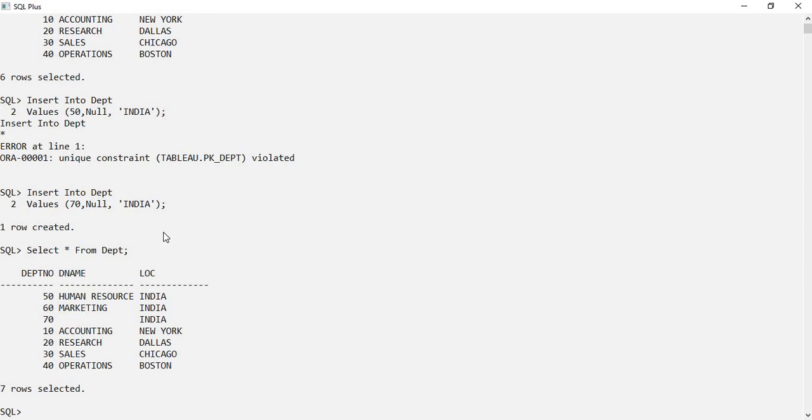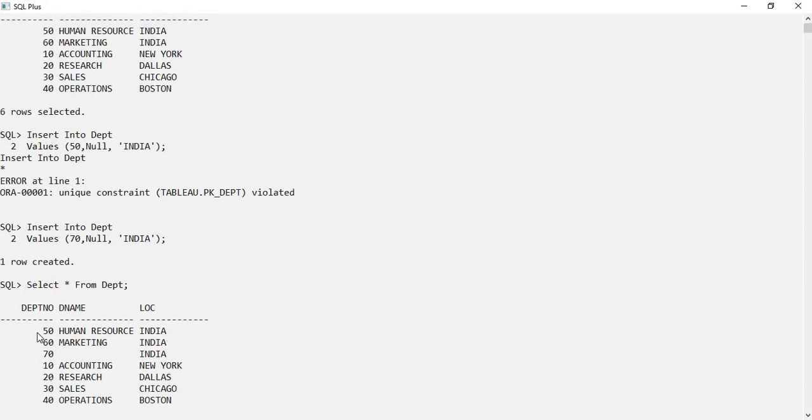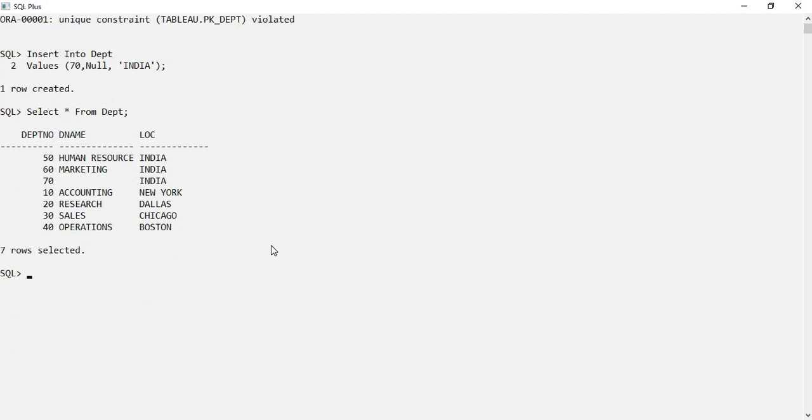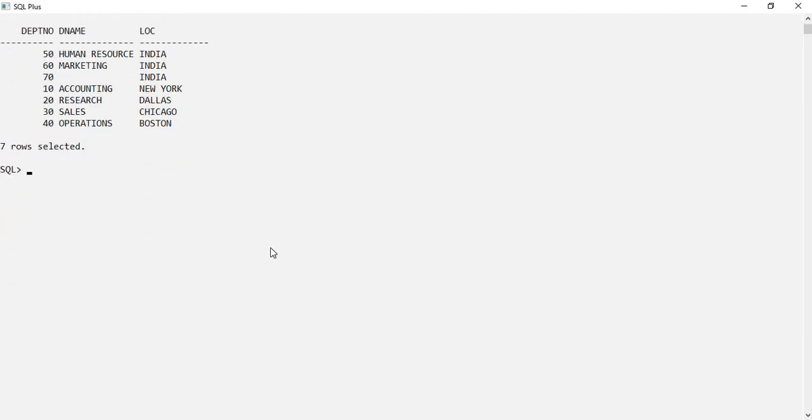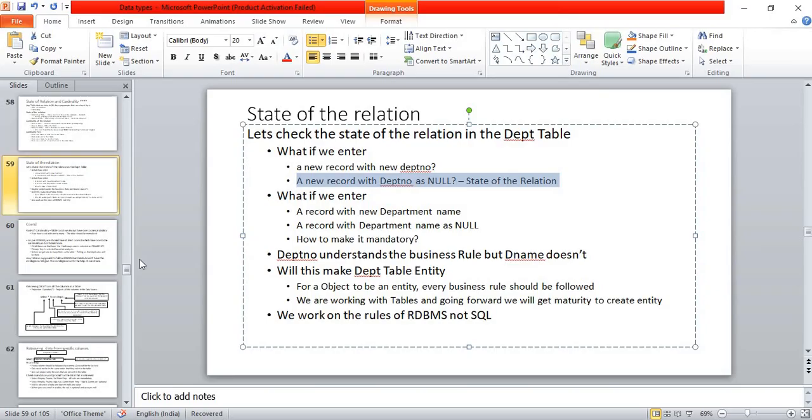Now what we established, we have established that department number and department name are mandatory columns, but here it is not the case, and null is accepting. Whatever the mandatory columns that we are talking about are as per the RDBMS rules, and those are our business rules, and our SQL doesn't understand, or Oracle doesn't understand our business rules. We have to make it understand.